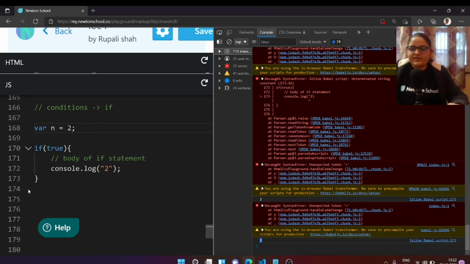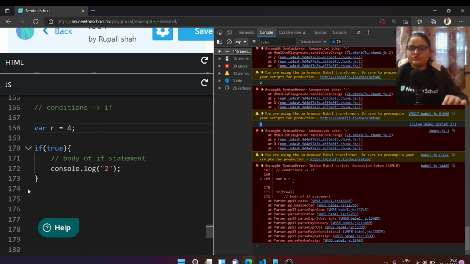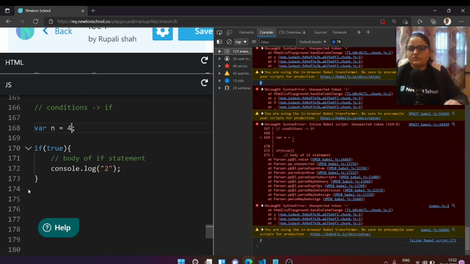Now suppose I change n to 4. Still it gave us 2, because we have manually given true in the if. We have already told it that yes, you are true and you need to execute this statement.